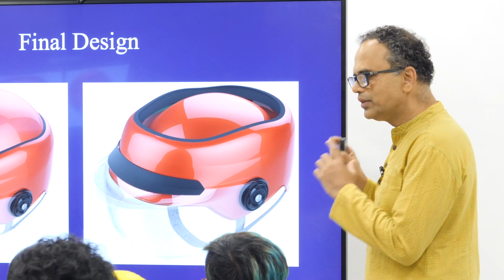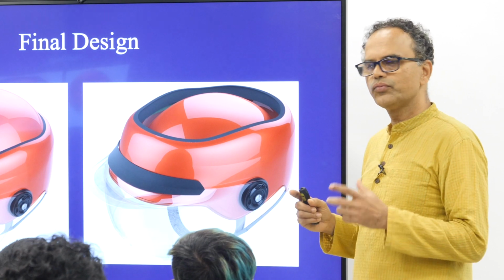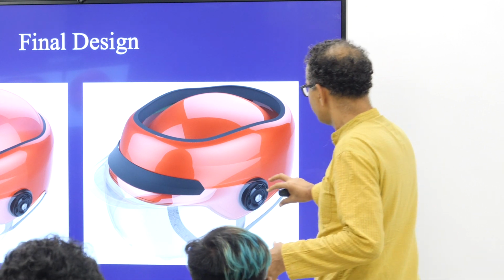I think as of now in this design, we kept the visor fixed and it can actually be swiveled up. But actually, if you remove the screws, it's removable. So if somebody wants to buy a helmet without the visor, they can buy it. So that type of option is currently available. But when we did the survey with the mock-up models, everybody said that they would need a visor.